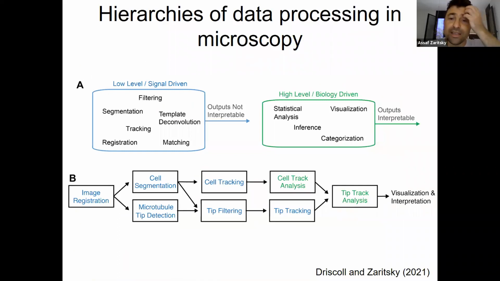I tried, with my friend Megan, to characterize that. We wrote a perspective together, where we defined low-level, or signal-driven, tasks and high-level, or biology-driven, tasks. In the low level, you can see registration, tracking, segmentation, template matching, deconvolution, all kinds of basic or not basic image processing tasks that can be done with different levels of complexity, and require some domain knowledge, for example in optics and microscopy, but do not necessarily require you to dive deep into the biological